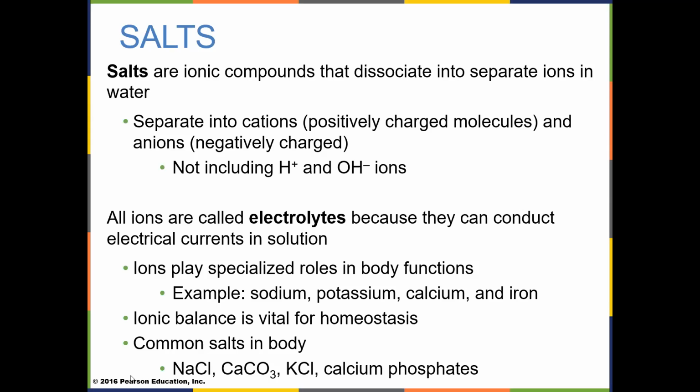Sodium is the #1 ion in solution outside the cells. It's in our plasma, it's in the interstitial fluid, it's in the lymphatic fluid. Potassium is the #1 ion inside the cells. So we have high sodium outside and high potassium inside, and that is very important to us. So these electrolytes are nearly always made up of ions, sodium and potassium in particular.